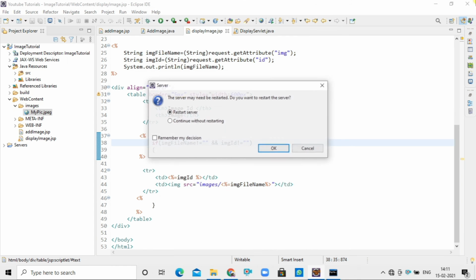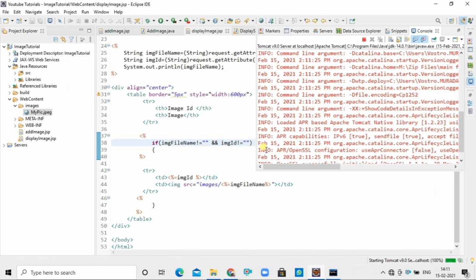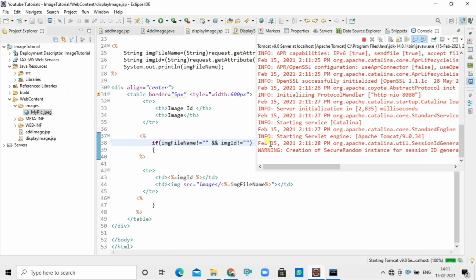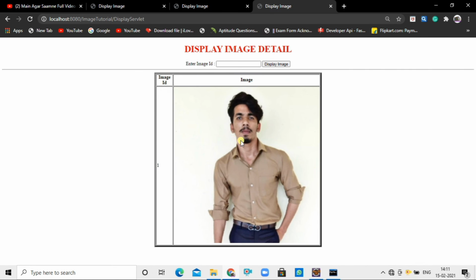Now let's run the project again. Okay, finally we got the image here.